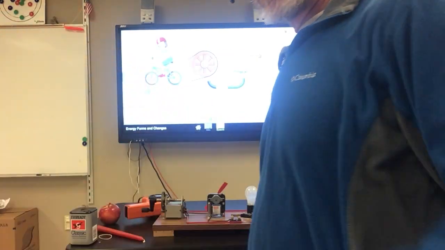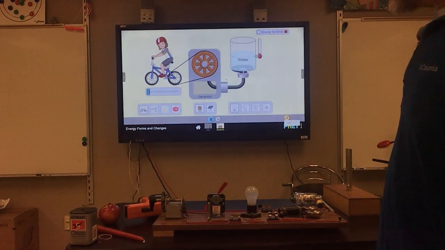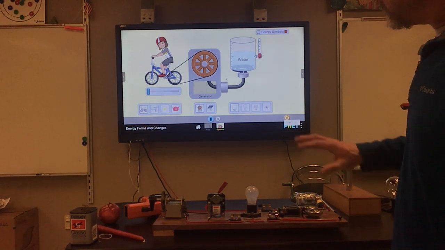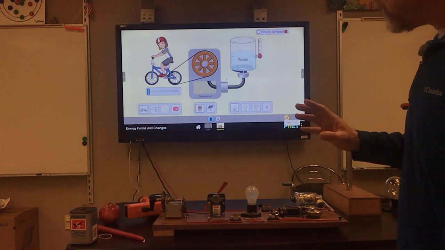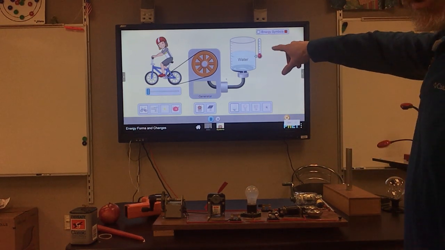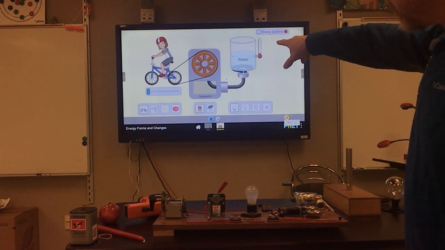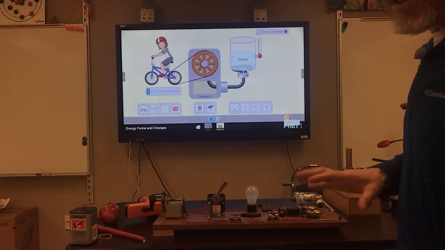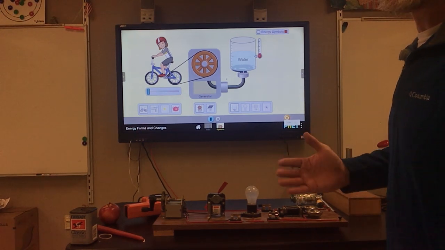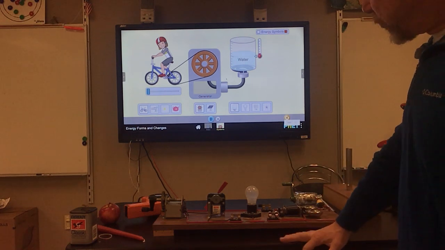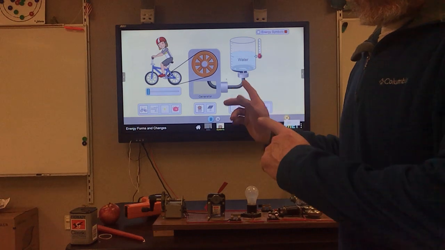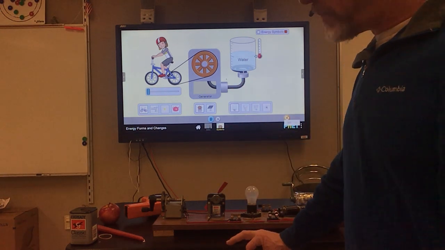Let me see if it darkens up a little bit. Maybe you can see that better now. But this is kind of what the PhET lab looks like. And you can take different devices. You see the girl's bicycle is hooked up to a generator, and the generator is hooked up to water with a heater, etc. And it allows you to play with some of those things and set up some energy conversions and look at them. Okay, so that's that for today. Topic of energy conversions. The PhET lab will be up for you to look at. Hope everybody has a good day.